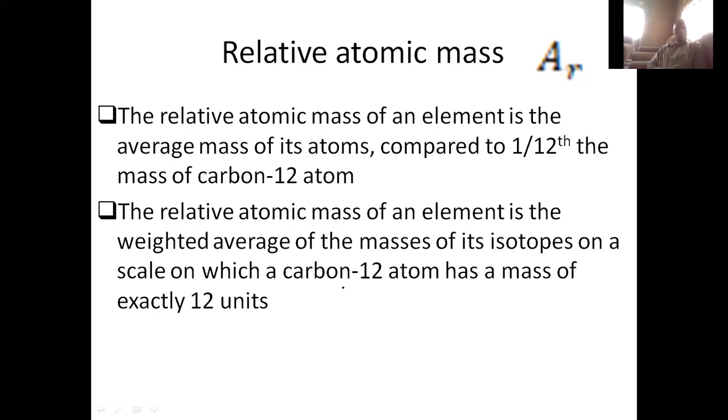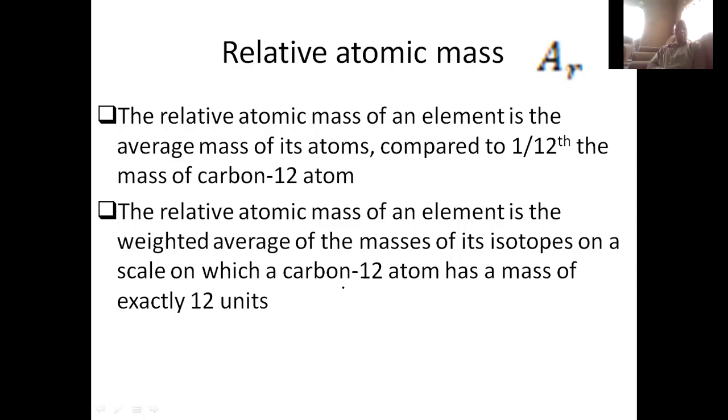Initially, they chose the relative atomic mass of the carbon atom, which is carbon 12. And so all other elements were compared to this specific carbon atom. And therefore, the definition of relative atomic mass is